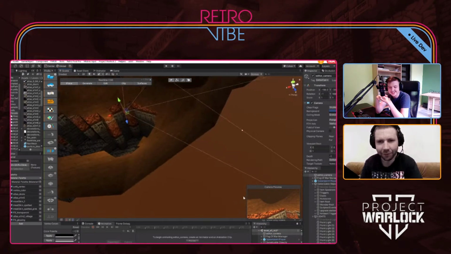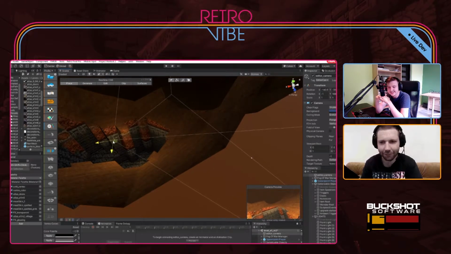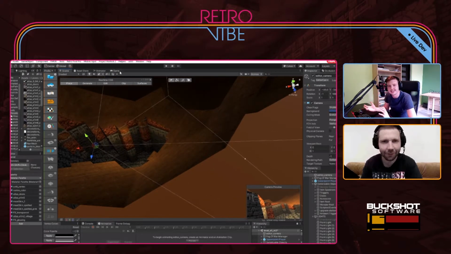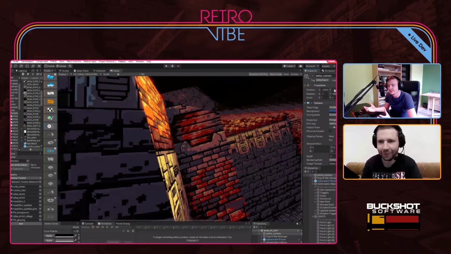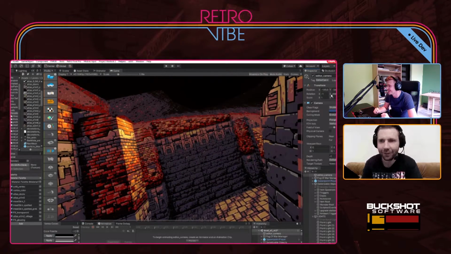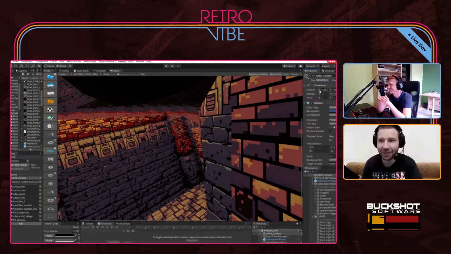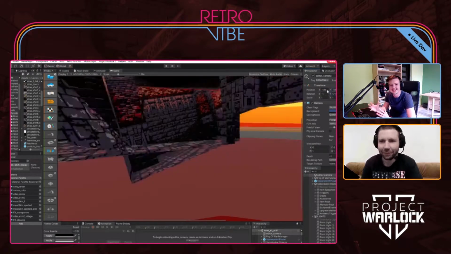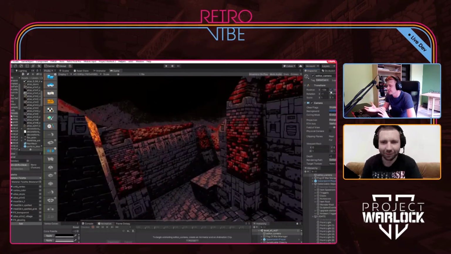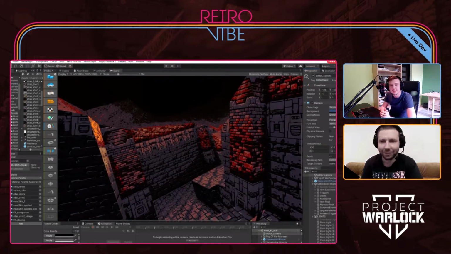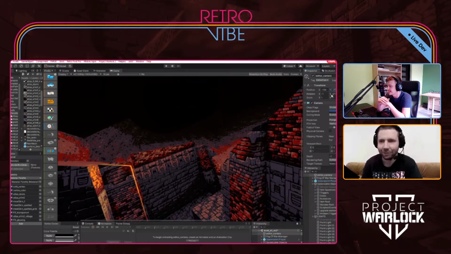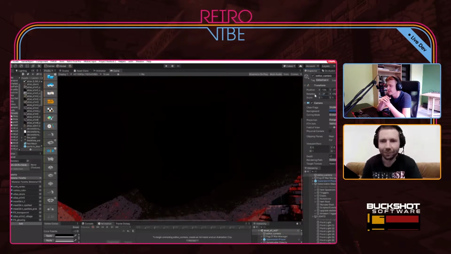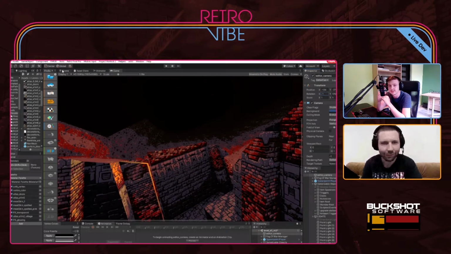And yes, as Civi just said in the chat, the fact that these brushes automatically connect when you move them is just black magic, right? It's really awesome. It's pretty much magic. And it's so awesome that everything is still intact and those textures stay in place. This is just mind-blowing how this tool works, and I think we have to give a huge shout out to the creators of this tool because it's just amazing.